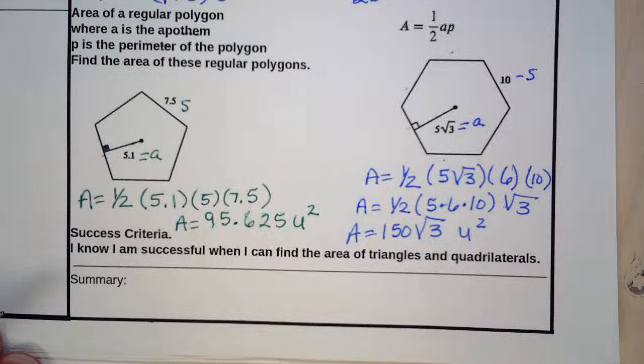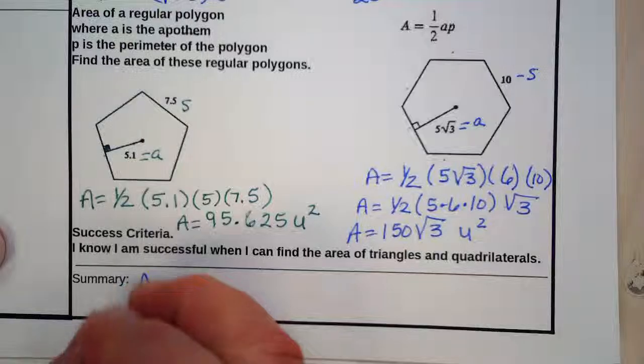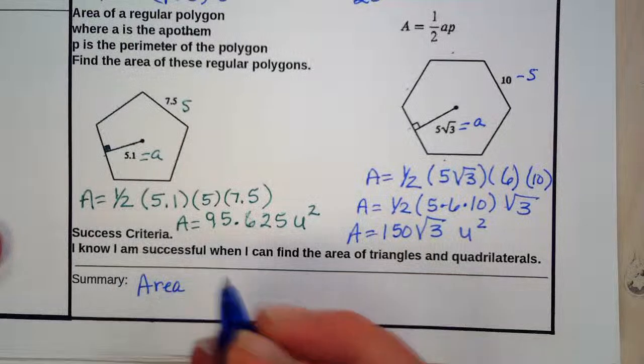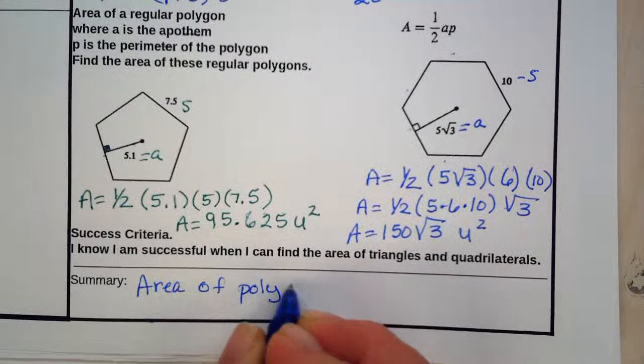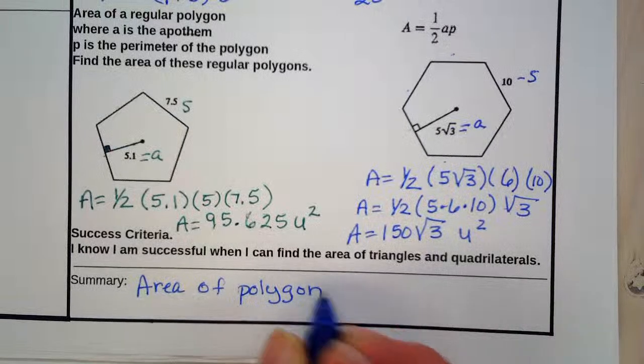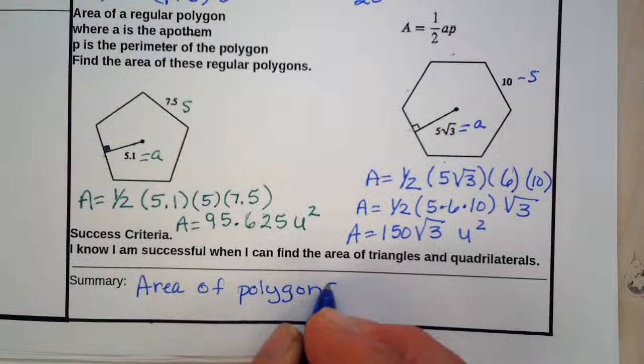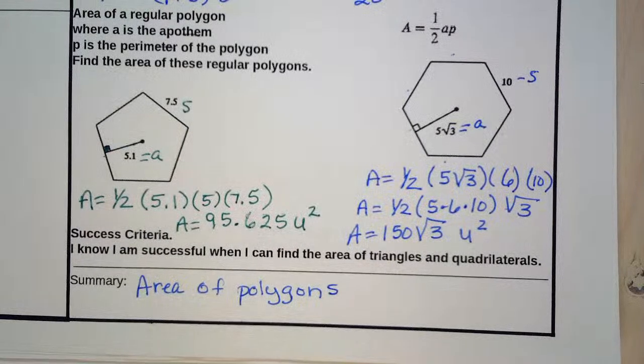So how do you know you're successful? When you can find the area of triangles, quadrilaterals, or actually any figure. What formula do we use? It depends on what polygon we have. So we're always having to think about what we have and what formula to